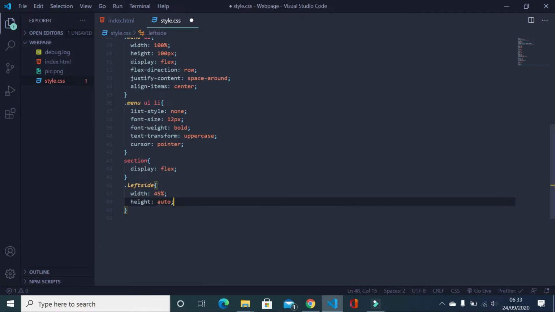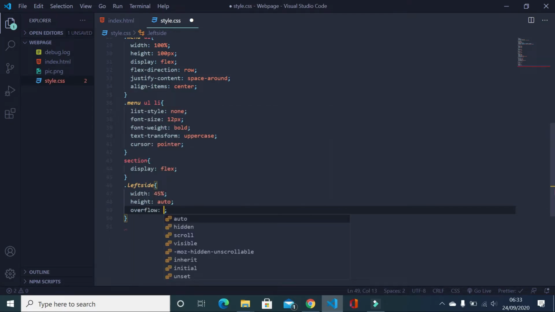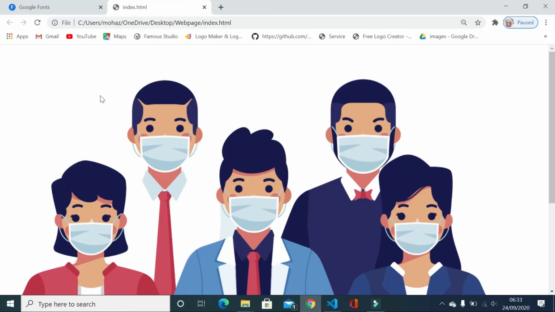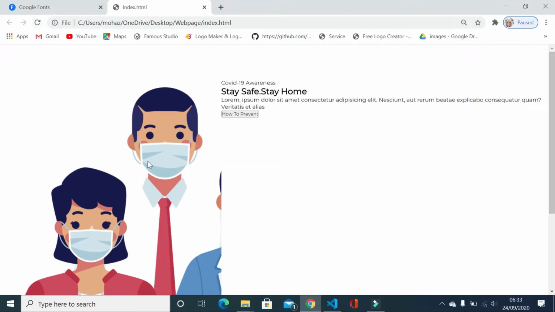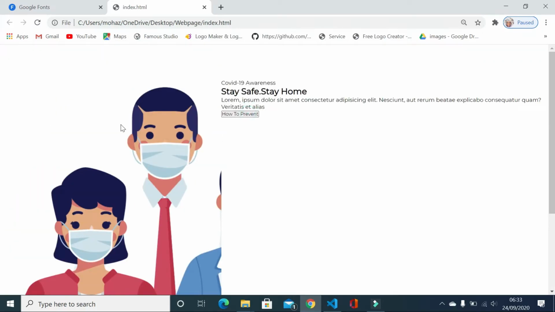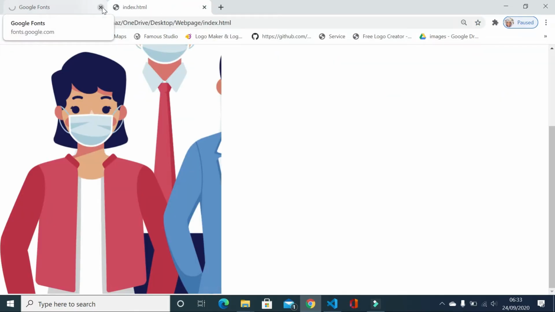Next height to be auto, overflow hidden, and lastly margin top 20 pixel. Now save this, reload the web page. Now you can see we have our